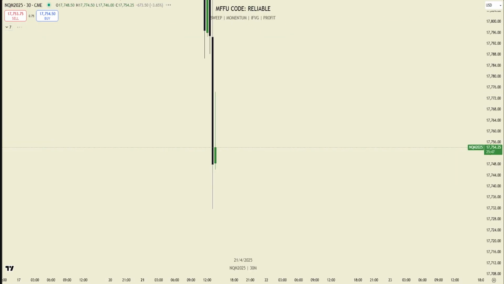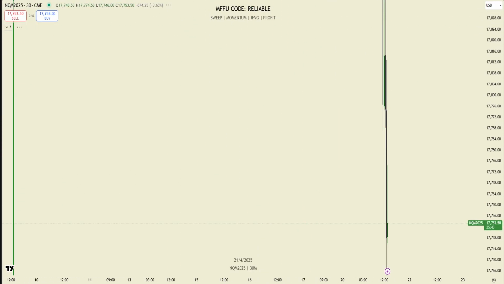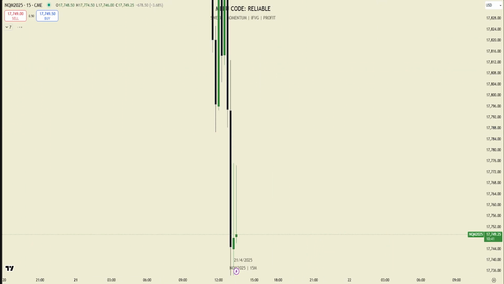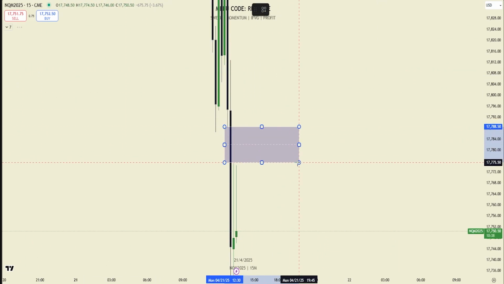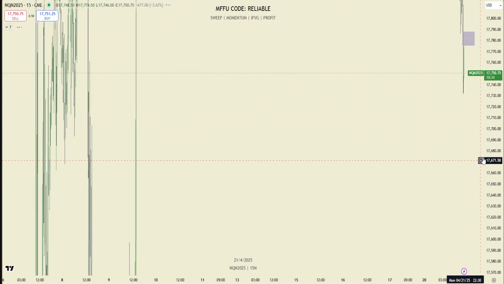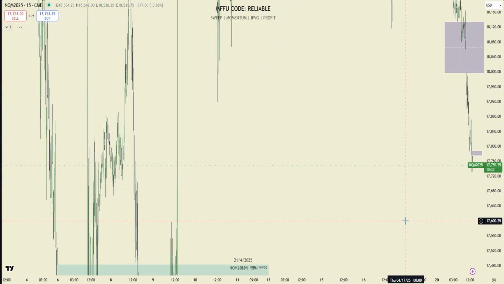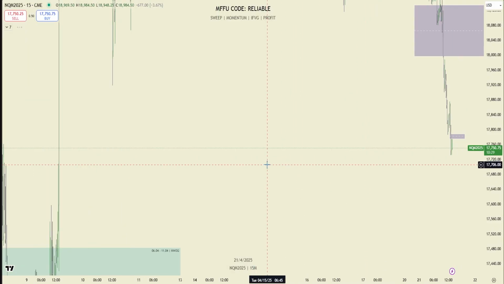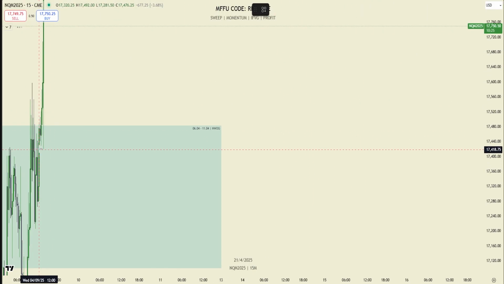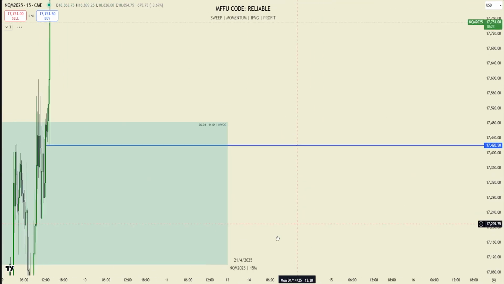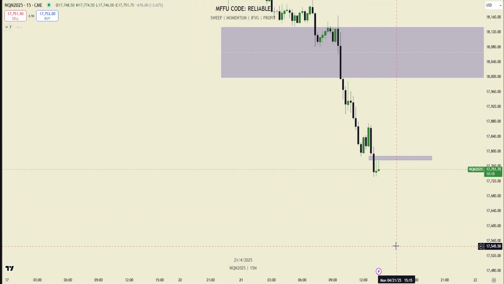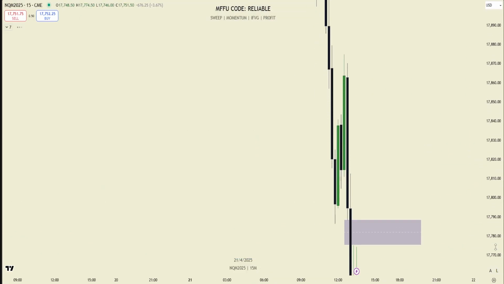But yeah, I don't really have a concrete bias. Obviously, I want to be bearish just because that's been the trend. So maybe I would expect to see price come up to this 15-minute, and then we get a continuation short from there. As far as liquidity targets go, this is just all one big void. So maybe this low down here, this 15-minute low, is our target for right now, but that's still another 330 points away. So we've got a ways to go till we get there.